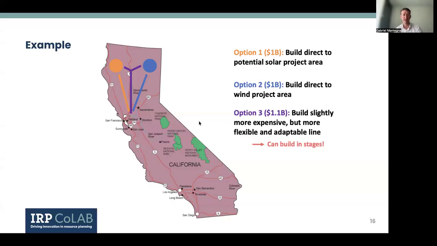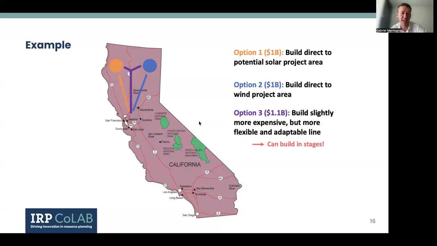The key point here is that if you're using traditional planning processes, where you just look at the future, pretend that you know what's going to happen 10 years from now, and put all of your cost assumptions in, that planning process is going to tell you what to do based on assuming that you know the future with perfect certainty, right? So if you put this into a capacity expansion model and the model predicted that the solar project would get built, then it would also decide to build that orange transmission line. But in reality,